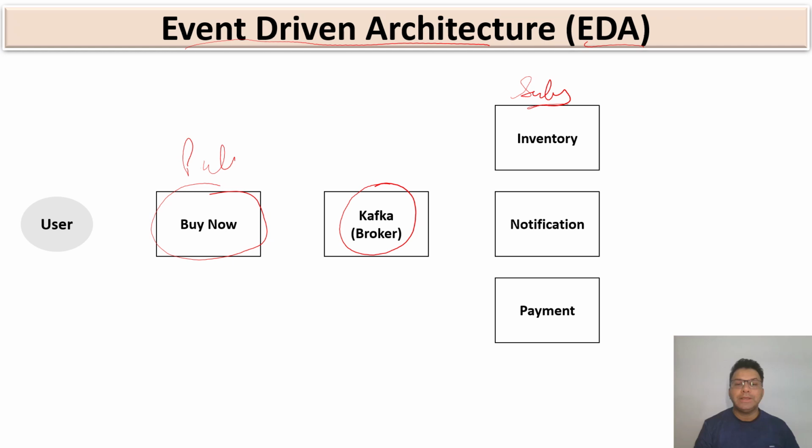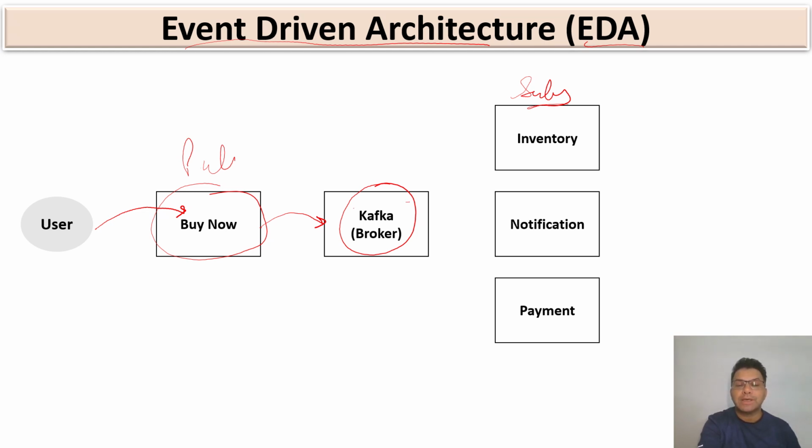Now, in the event-driven architecture, what happens? Same as before, the user clicks on the buy now button. In this case, instead of the API call, an event is created and that is pushed towards the Kafka, the broker, or it can be RabbitMQ also as the broker. Now,